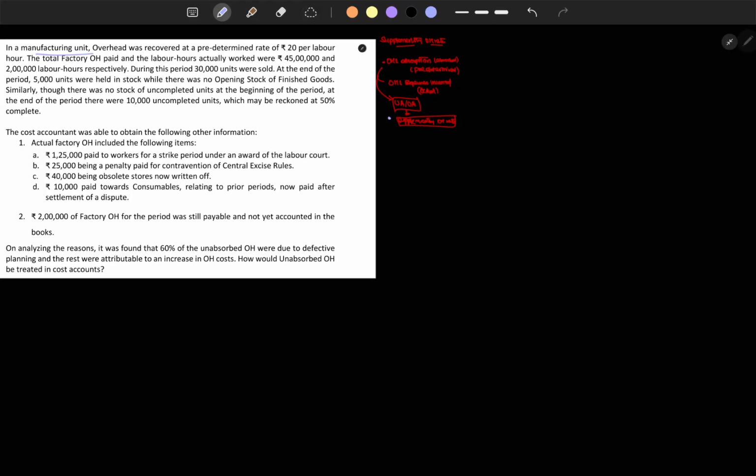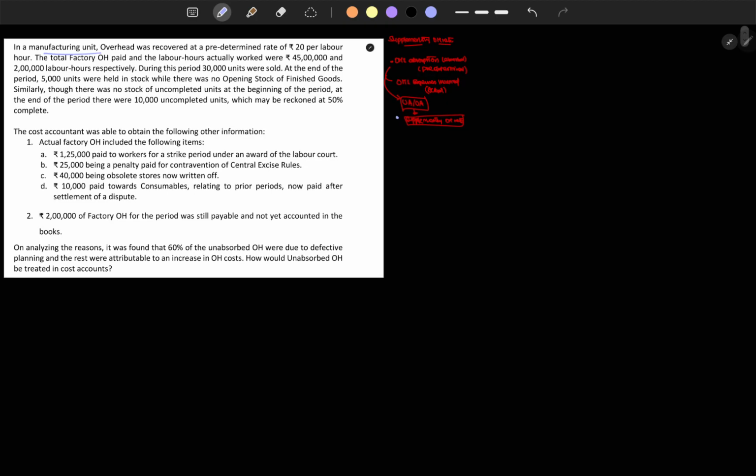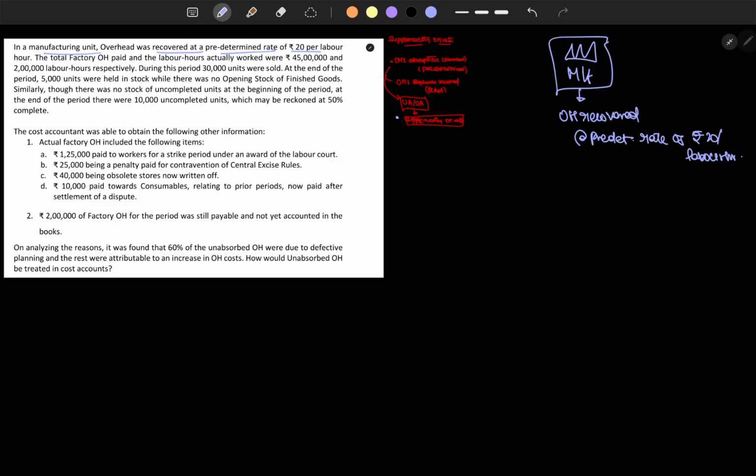In a manufacturing unit, overhead was recovered at a predetermined rate of 20 per labor hour. What they are saying is, in a manufacturing unit, overhead was recovered at a predetermined rate of rupees 20 per labor hour. That's what they are saying, right? And then actually